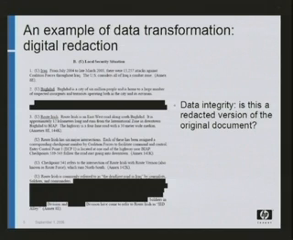And once the user obtains this kind of redacted document, how does the user make sure that this is an authentic redacted version of the original one. So this is one type of